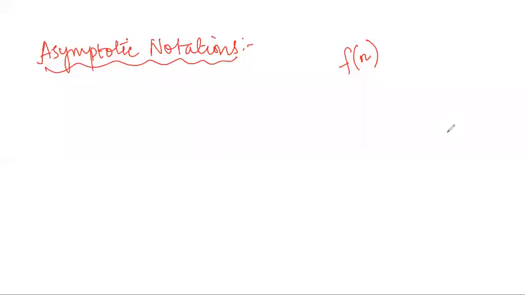Now under these asymptotic notations, three notations we will study: big O, big omega, big theta. Little omega, little theta, and other types of notations are also there, but those are not included for BTech level. Those are included for MTech level. So the first one is the big O.